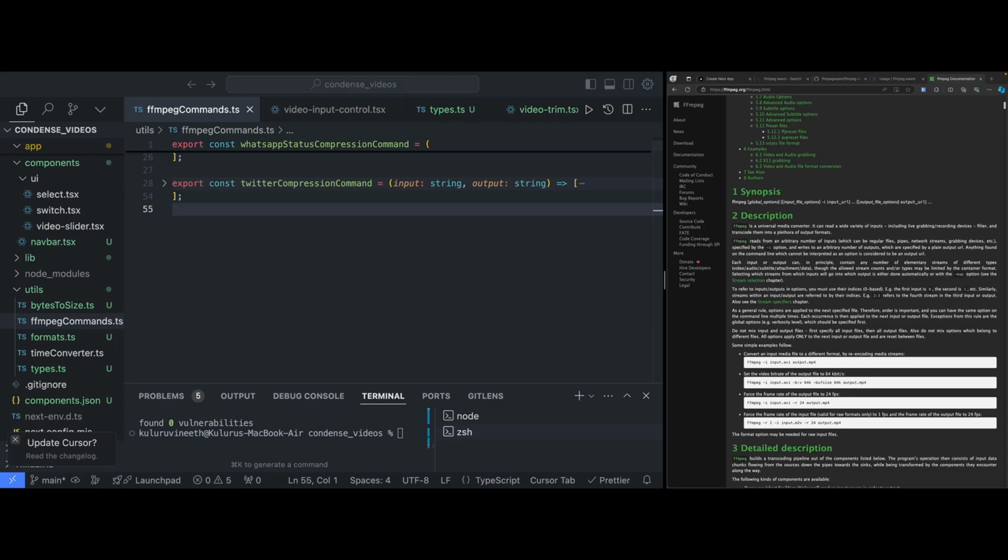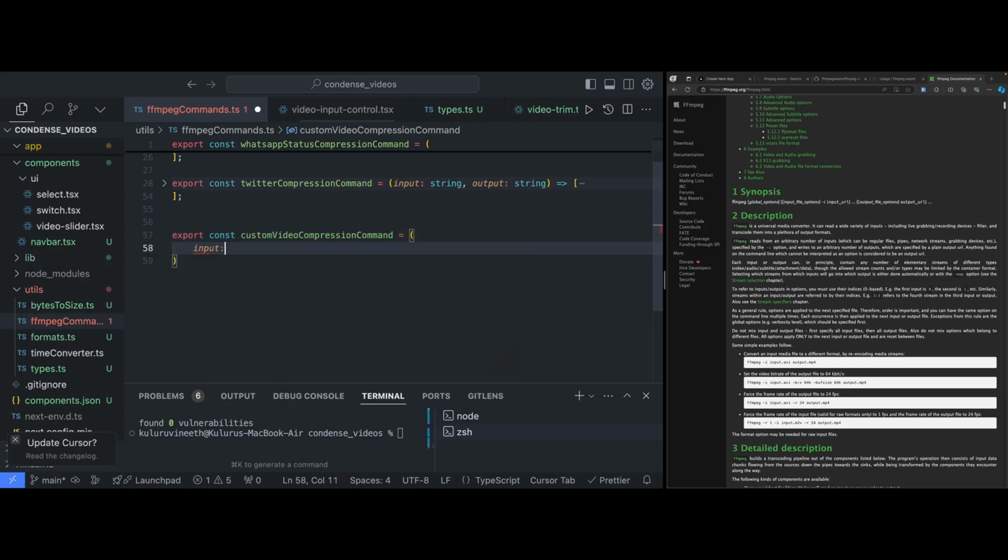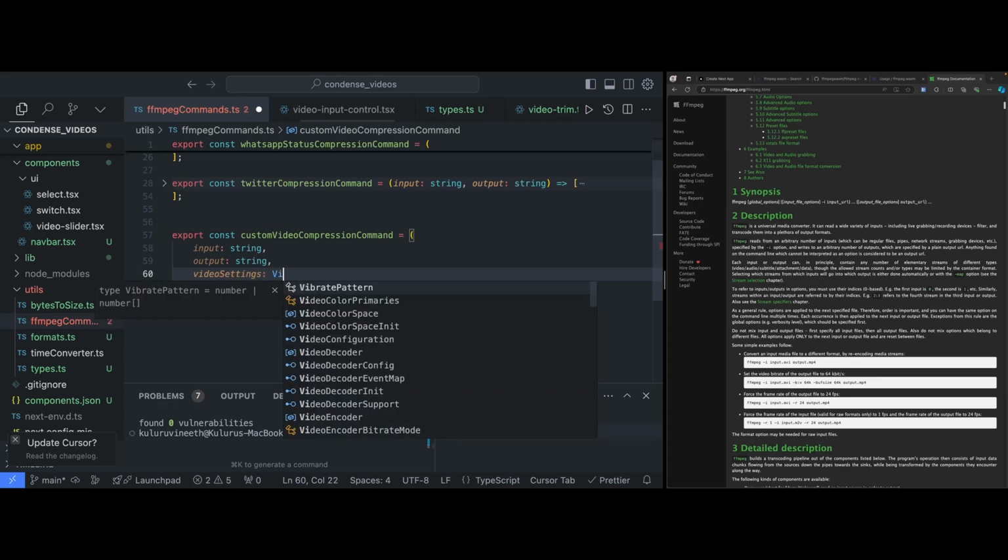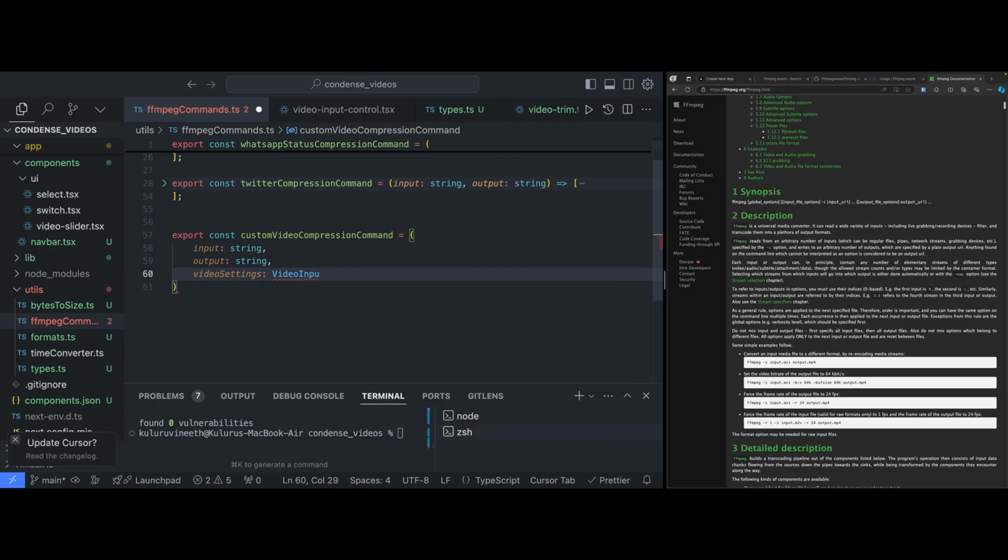Okay, now let's have a custom video compression commands. So here I'm going to write a function for that, export const custom video compression command. Again, we are going to send in the input string, the output string, and the video settings,